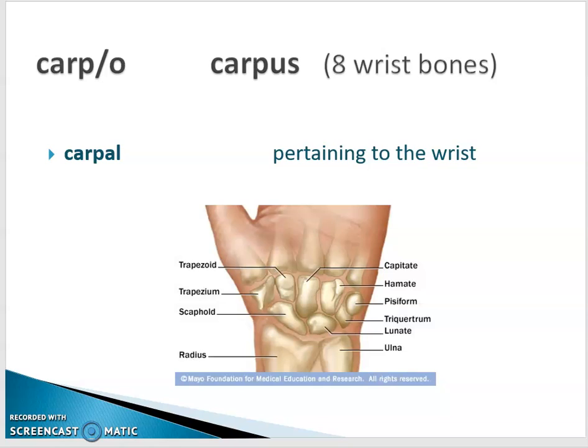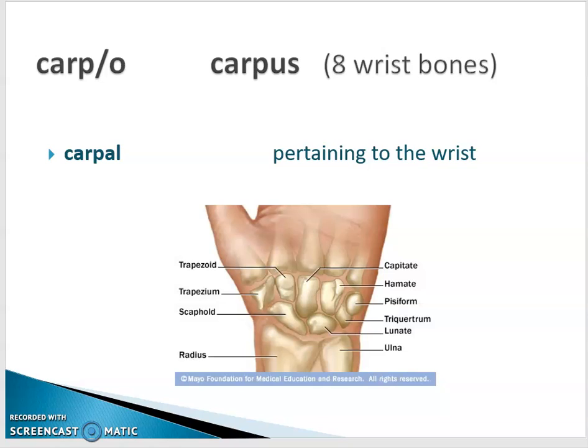And when we move just past the radius into more of the hand now, we have the carpus, which are the 8 wrist bones. Carpo is the combining form, and carpal means pertaining to the wrist. Maybe you've heard of something called carpal tunnel syndrome. You have a tunnel that carries nerves down through the lower arm and through the wrist and into the hand, and that tunnel can be compressed by inflammation, displacement of one of the carpal bones, and there's other reasons it may happen, fatigue, overuse, all kinds of things. Parts wear out as we get older. And so that term carpal tunnel is referring to the tunnel that goes through the wrist and causes maybe some